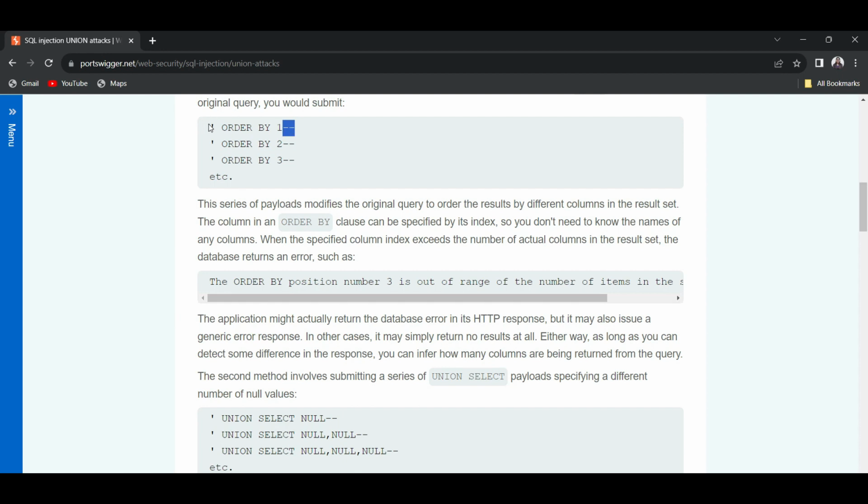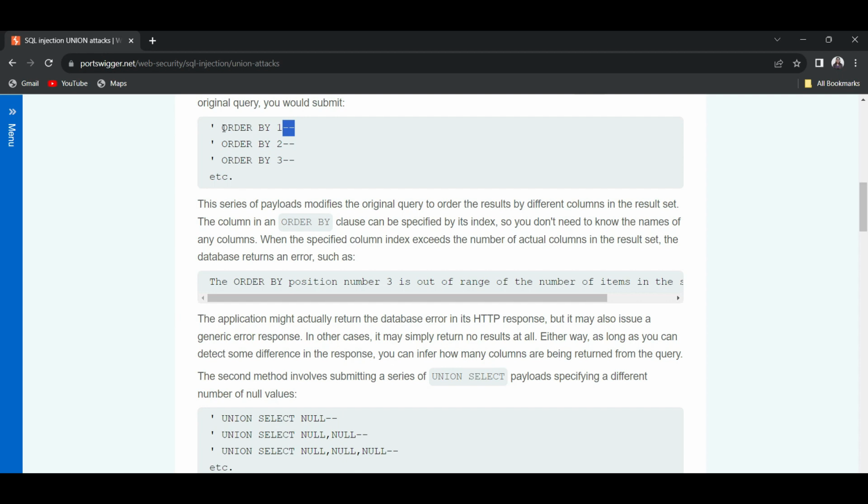In this, the single quote is balancing the query. After that, ORDER BY 1 is the SQL injection payload, and the last part is the double dash, which comments out the query.